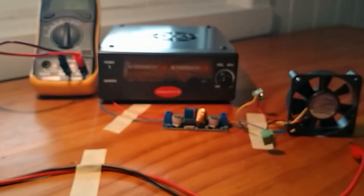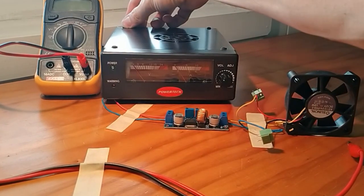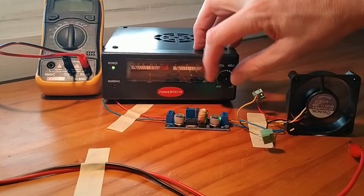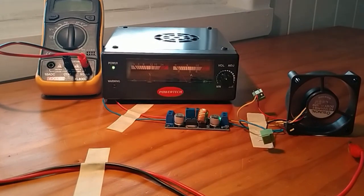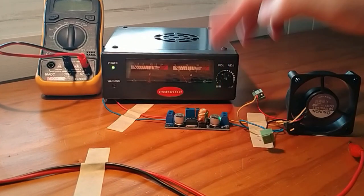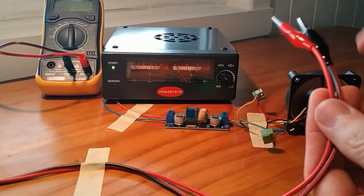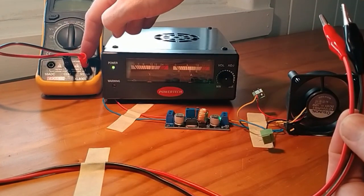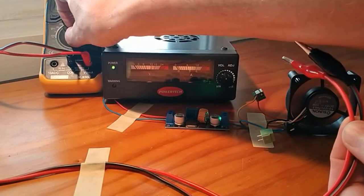So to be able to configure it, let's turn on our bench power supply here. So I'm going to run it up to about 12 volts here. You can see the particular needle moving up and you can hear the fan going. Now what I need to be able to do is to be able to see this voltage on this side lower itself down. So what I've done here is on my particular multimeter, I'm going to connect this red wire, which is over here on this lower voltage side, and I'm going to turn it round to 20 volts